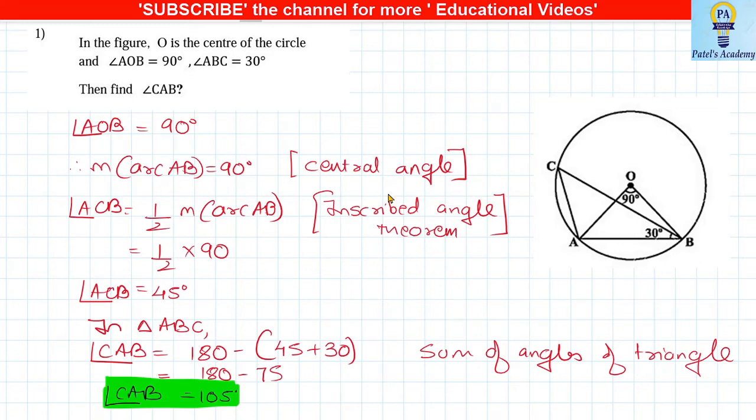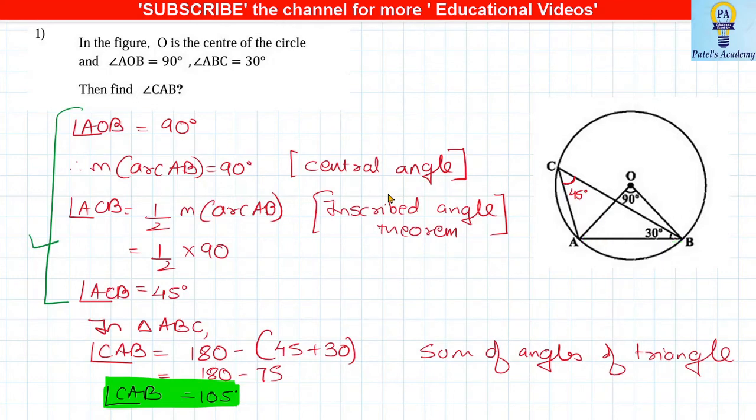Now students, this particular sum is easy. Just have a look at the figure. I'll be doing some markings. So they have given angle AOB as 90 degrees. So can I say that arc AB is also 90? Arc AB is also 90. And if arc AB is 90, opposite to the arc, this angle is half of 90, that is 45 degree. So that is what I've done in the steps till here. Angle ACB is 45 degree.